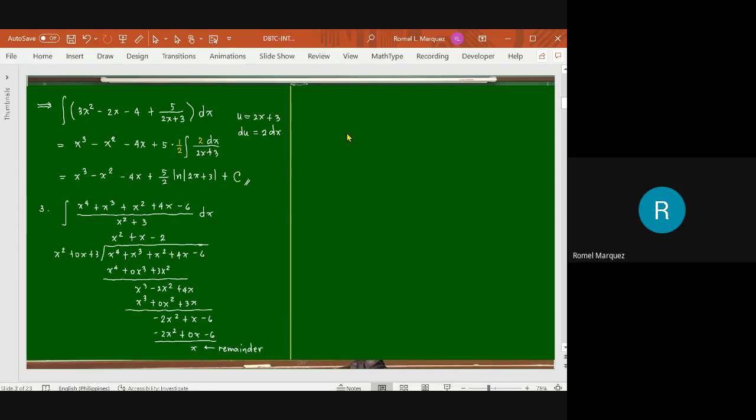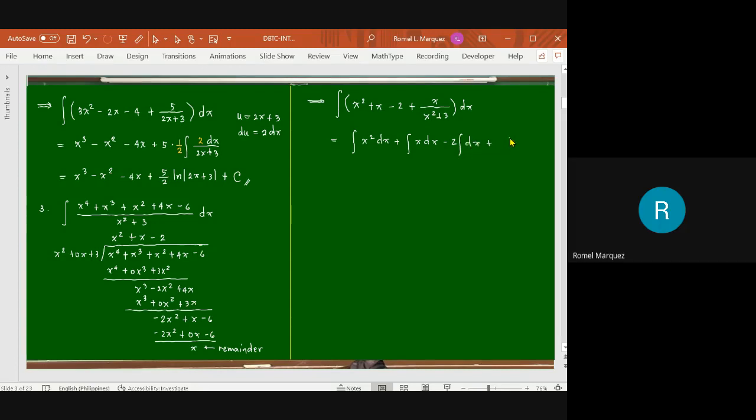Okay? So let's now rewrite the integral. The integral can now be written as the integral of the quotient, x squared plus x cubed, x minus 2, plus the remainder, x over x squared plus 3. So we can now perform term-by-term integration: integral of x squared dx plus integral of x dx minus 2 integral of dx, and then the last integral,